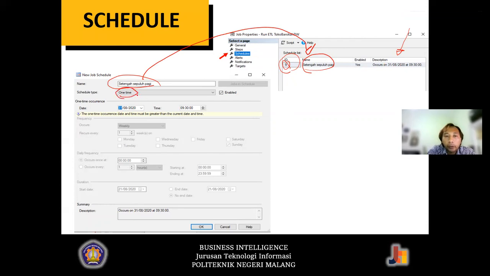It can be chosen like one time or periodic, repeatedly, weekly, and any given time. And then you can set up the date. If you choose one time, then you will only be setting up one single date and one specific time. But if you choose periodically, then you can set up the frequency of the job. Let's say weekly, monthly, yearly, or semesterly, and so on. It will be based on your needs.